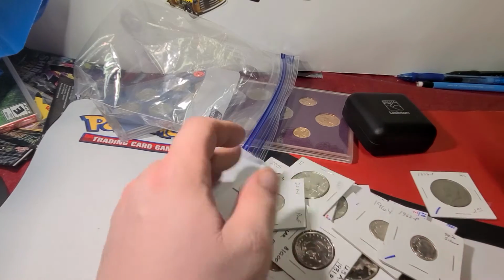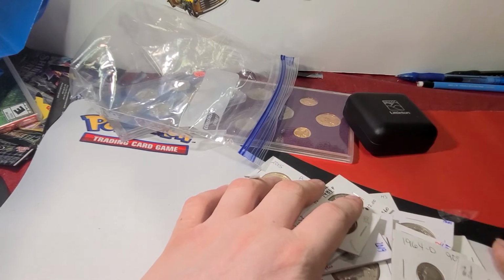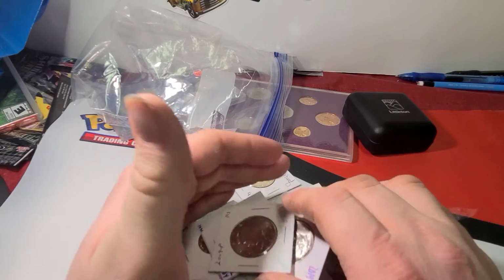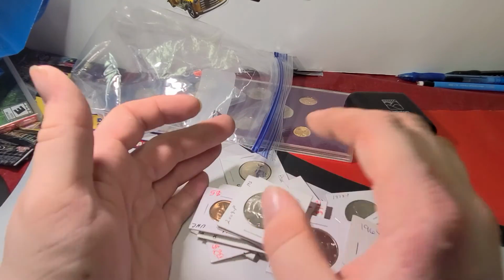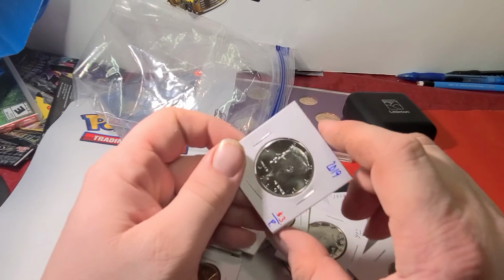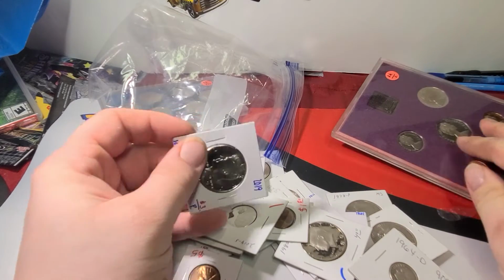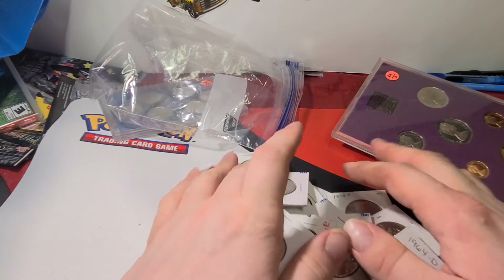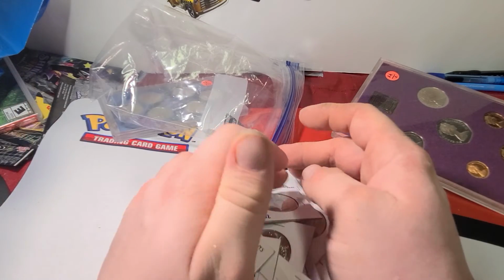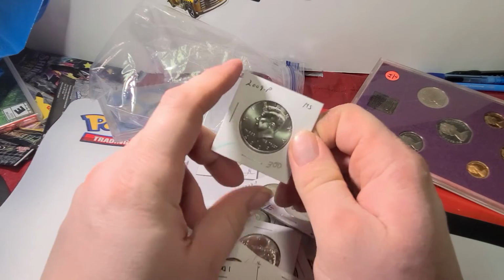But you can get your coins from a local coin shop. You can also get it from the U.S. Mint online, but you end up paying more sometimes, because if you want to buy a coin like this, like a newer coin, sometimes you either gotta pay for it in something like this, or like a little displayer, or you can buy a whole roll, but then you'll be paying a couple bucks more than face value, and then you get a lot of them. It's probably a lot easier to pay a little more and get the coins from the